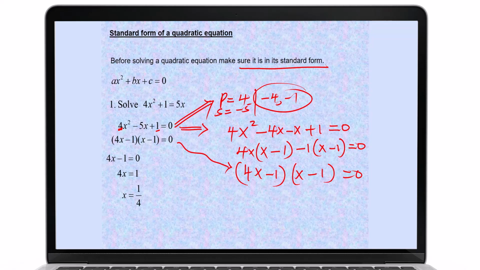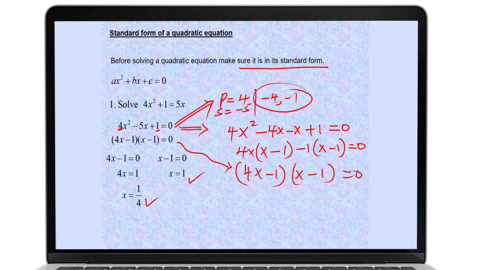So 4x minus 1 is equal to 0, so x will be 1 over 4. And then x minus 1 is equal to 0, you get x is equal to 1. So those are the two solutions: x is equal to 1 over 4 and x is equal to 1. So that is how you solve that kind of equation in case it is not in the standard form